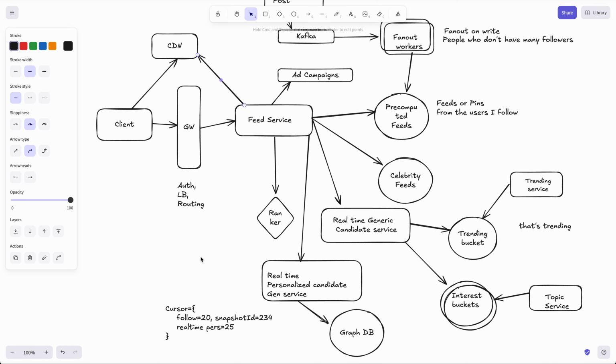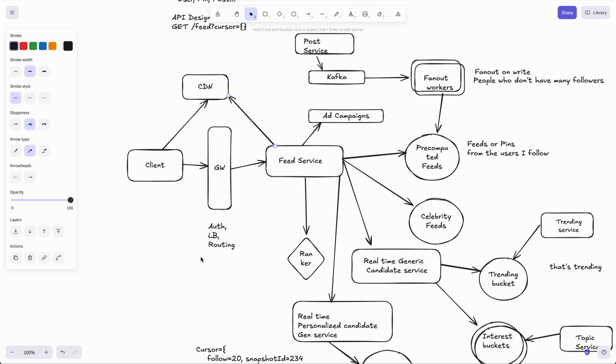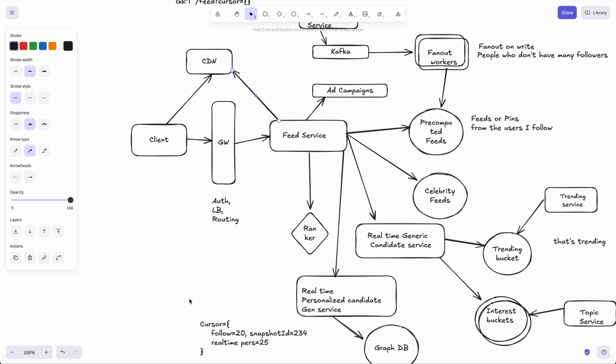Let me think for a second. Yeah, so one other thing that people can ask you. Imagine you are watching your Instagram feed and you see a video. After clicking on that video and going to the next one, you will see a similar, connected video. That is a different kind of infinite scroll. You don't have to build a service for this, but if somebody asks you that question, then you can mention this particular term called